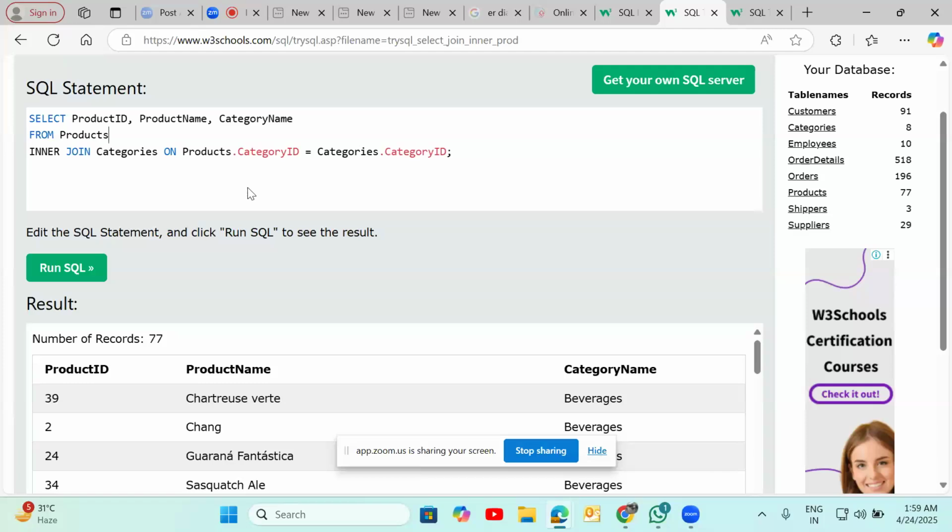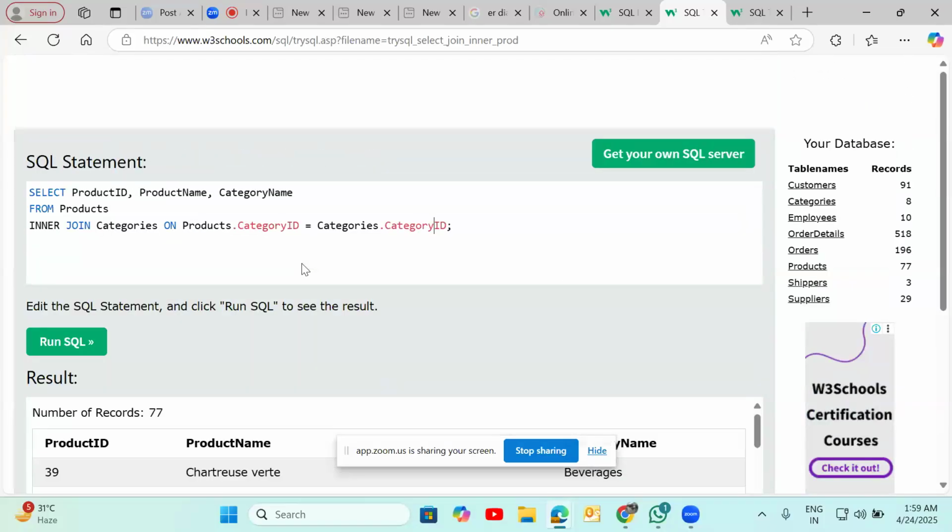Inner join, after that, category is a table name, right? And product is also a table name. So you're basically telling it to look at two different tables and bring the selected information from each of those tables and show it to me in one table. Category ID equal to category ID, but the tables are different. You're telling it to grab the column called category ID over there and call it category ID in this view. Yes, exactly.